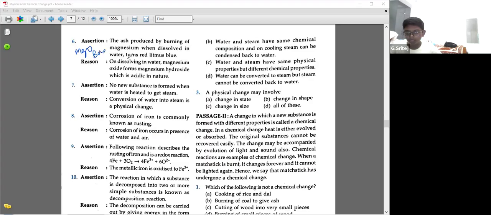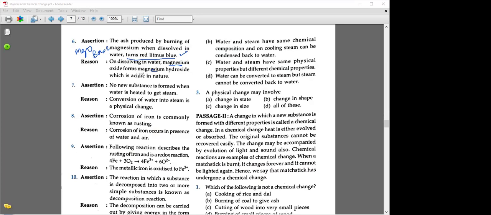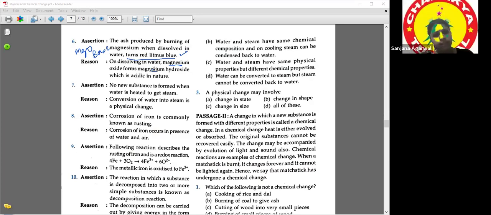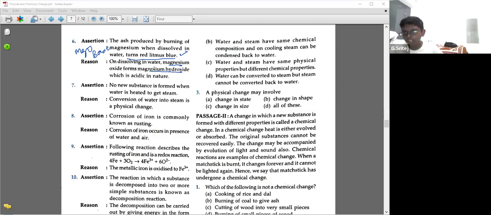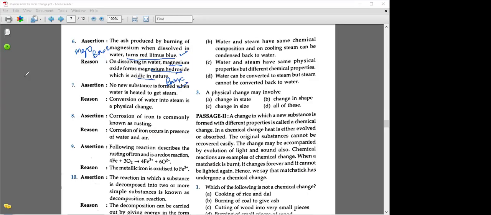So magnesium oxide is a base. You mean that's why assertion is true, right? And reason: on dissolving in water, it definitely forms magnesium hydroxide. Yes, ma'am. Magnesium hydroxide is acidic in nature? No, ma'am, it is basic in nature. That's why it is false. Yes. So if you want to note this point, you all can note that I'm writing the